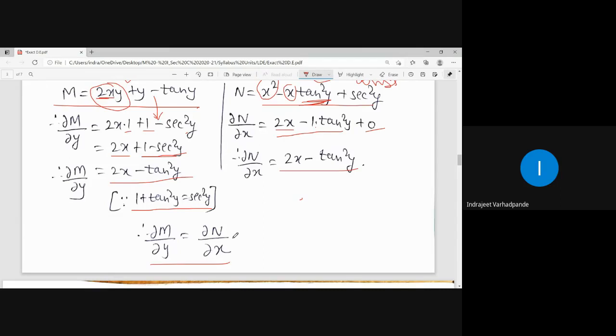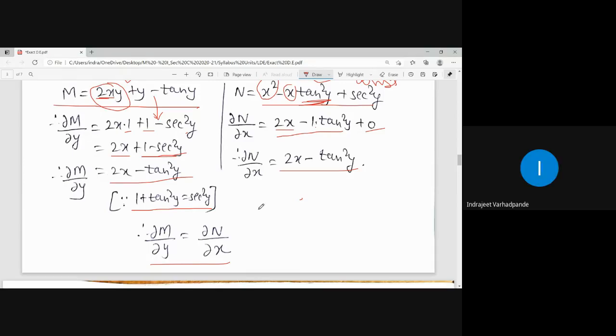Now my last aim is to find the solution for this given exact differential equation. How do you find the solution? It is given by the integration of M dx keeping y constant, plus the terms of N containing only y, whole dy, is equal to c. Or I can say the terms of N which are free from x are to be taken into consideration. Is this step of showing that del M by del y is equal to del N by del x complete?